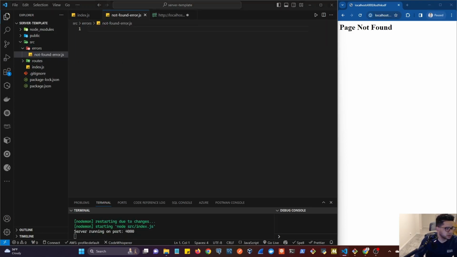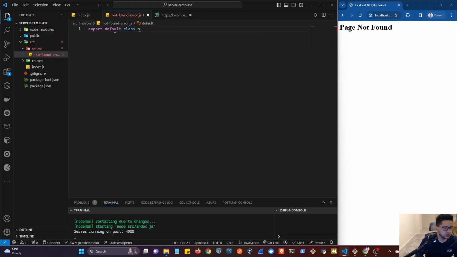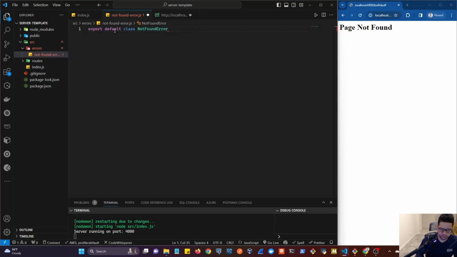And this one is going to be super simple, but it's going to keep the same structure for any other error that we create later on. So here we're going to export default a new class, and we can call this one NotFoundError. And then on this one, we're going to set a new property to the class. It's going to be the status code. And because this is a not found error, we're going to set it to 404. And then inside of the constructor,